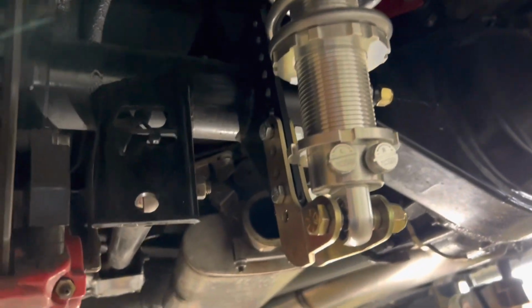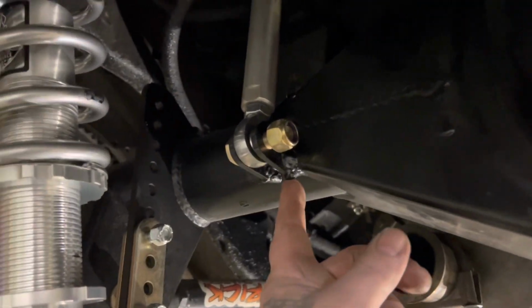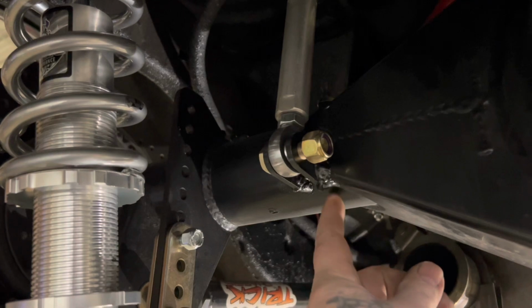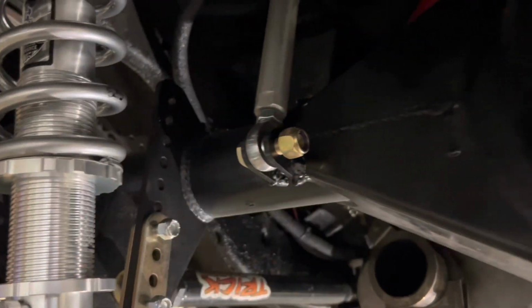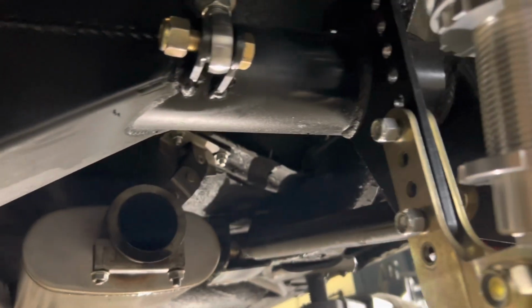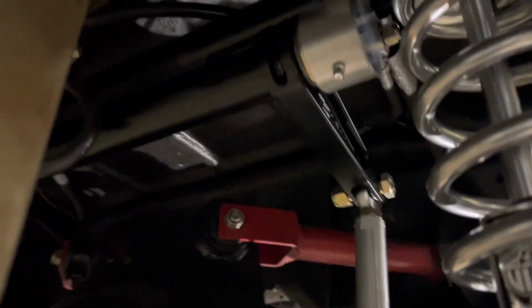Got the anti-roll up in there. You know, you gotta gap it a little bit. The weld ran down a little bit because I still had a little powder coat on there when I welded it. But it's fully welded, nice and strong. Boom, that side's on there. I mean, coilovers are on there. Gotta tighten everything up. Chassis, like I said, with the new